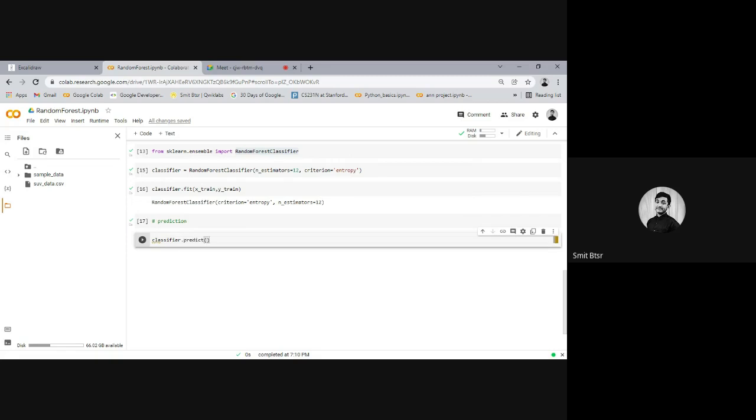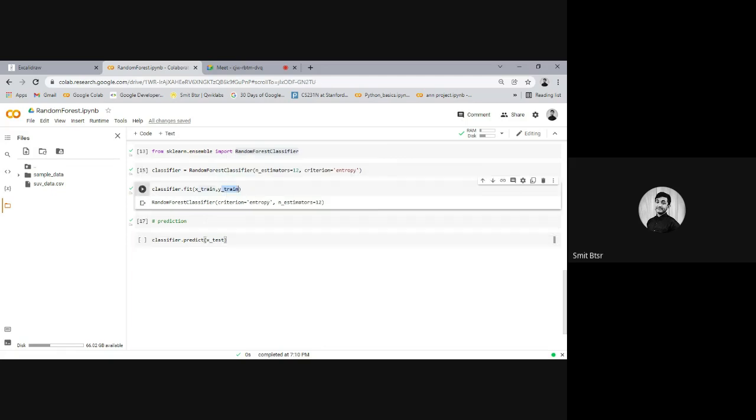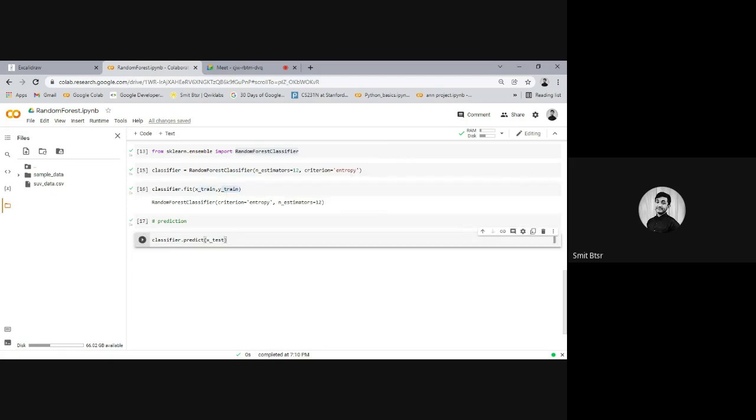And while testing, obviously we do not give the target output, right? So we only need to give the test set, test data, inputs only, because the target would be used at the end for comparing. So this is the method. After prediction, it will make predictions and return whatever it predicts. So we need to store it somewhere to compare later on, right?